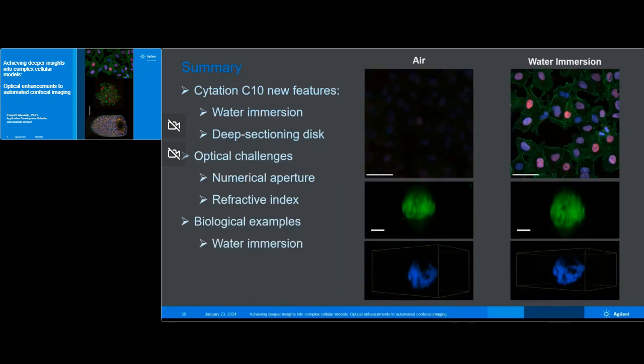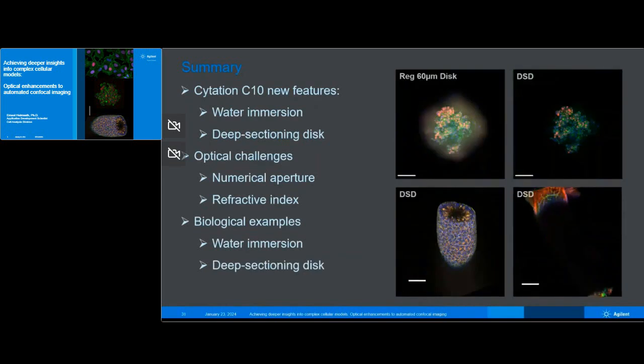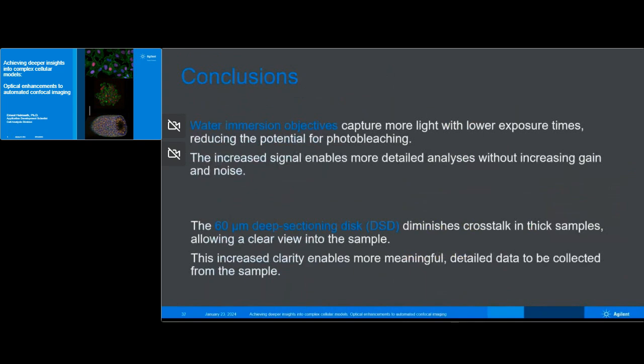And I've shown examples of how water immersion can improve your imaging, as well as reduce Z distortion. And I've also provided some examples of how the deep sectioning disk can improve imaging of thicker biological samples. So in conclusion, the water immersion is capable of capturing more light with lower exposure times, and which